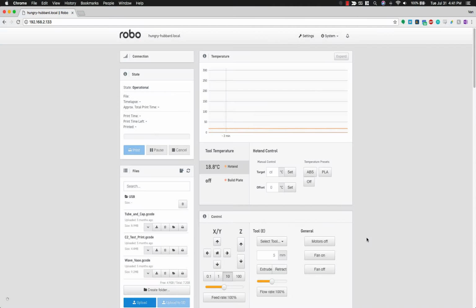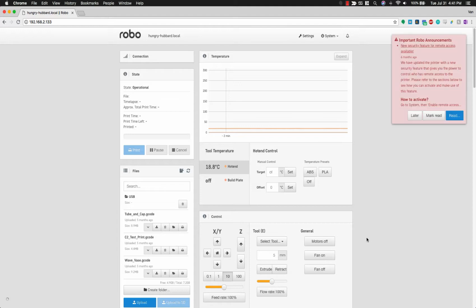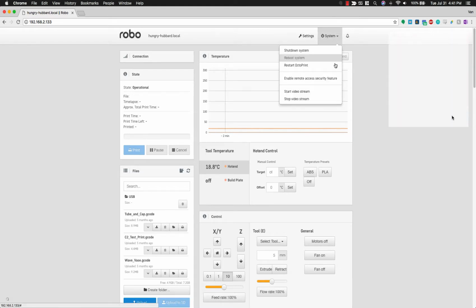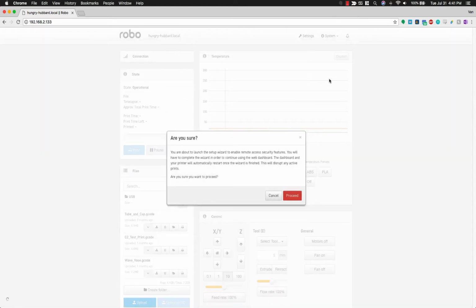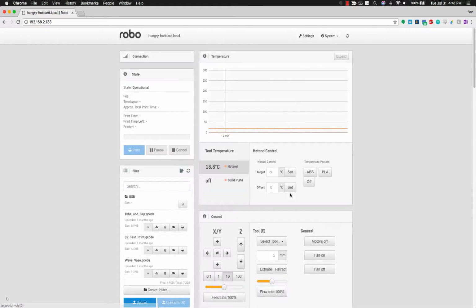To get the Polar Cloud plugin working, we'll start by enabling SSH. You may see an announcement like the one in the top right, but if you don't, you can still do the following. Go to System and click Enable Remote Access. When asked, click Proceed. You'll see notes in the top right telling you that it was a success and the